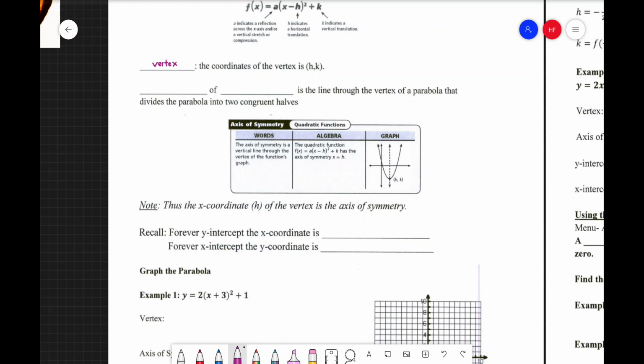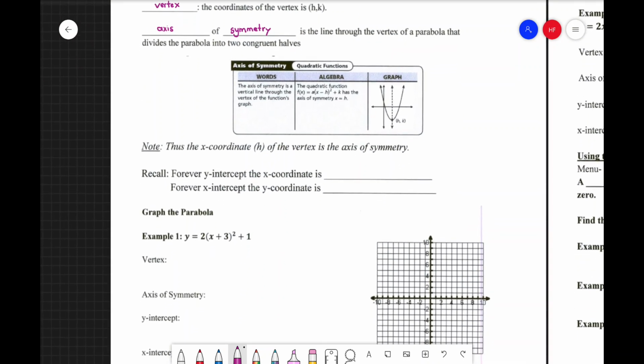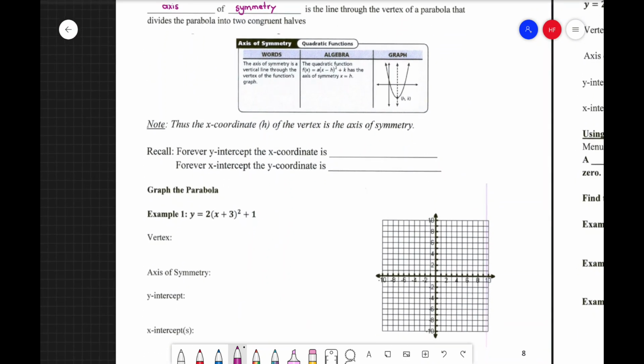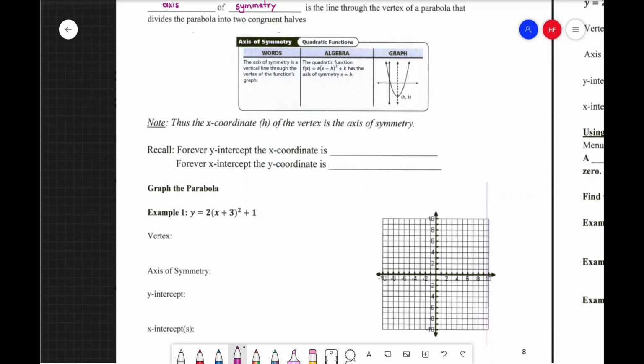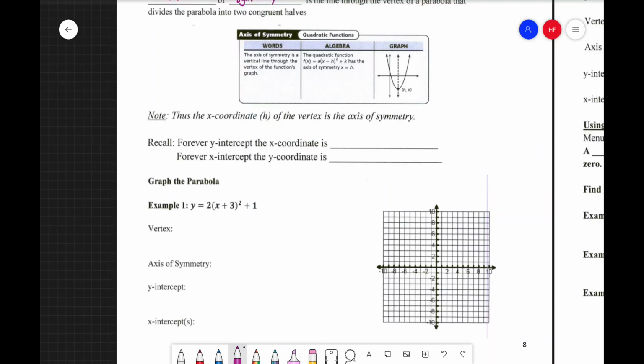I think every blank is vertex. So then the next one is not vertex, it's the axis of symmetry. It's the line that goes straight through the vertex that cuts the parabola in half. And so remember that the x coordinate of the vertex is the axis of symmetry. And this should say for every